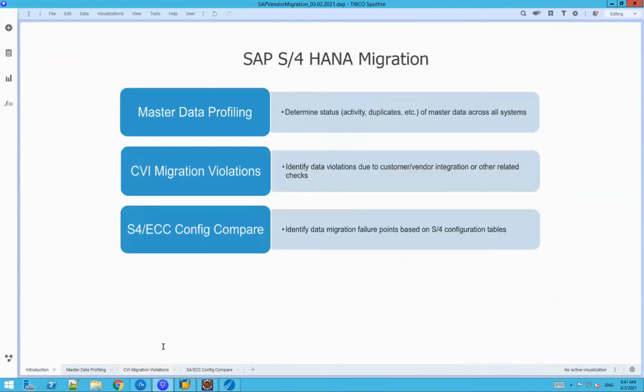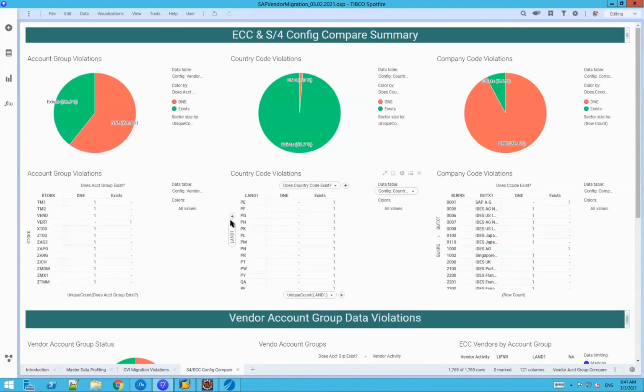So now I'm going to go back to the introduction. This is the last piece I'm going to show here, where we have the comparison of S4 and ECC, specifically on ECC master data, and whether it aligns to what's configured in S4. This is where lots of migration failures will occur because you try to push, let's say, a vendor that's extended